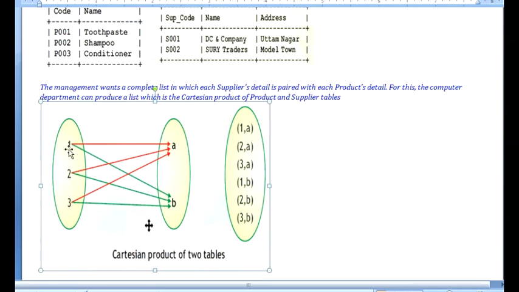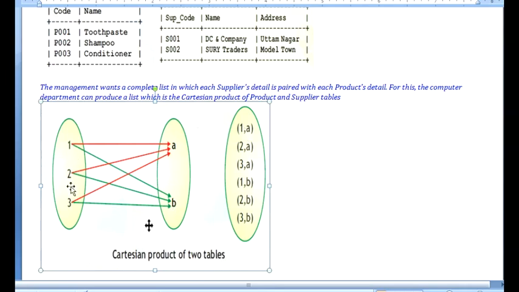So the first row of the first table is joined with the first row of the second table, then it is joined with the second row of the second table. So we get 2 records for the same row. Here you can see 1A, then comes 1B.